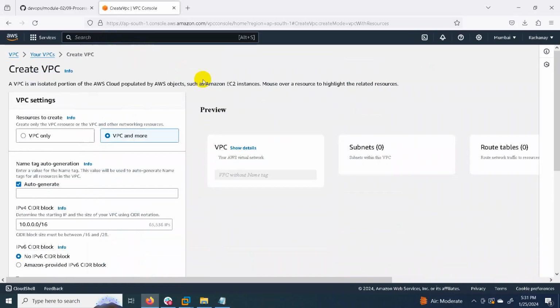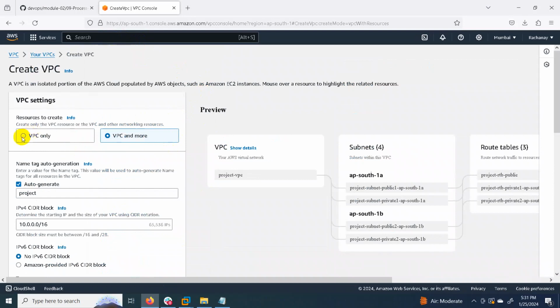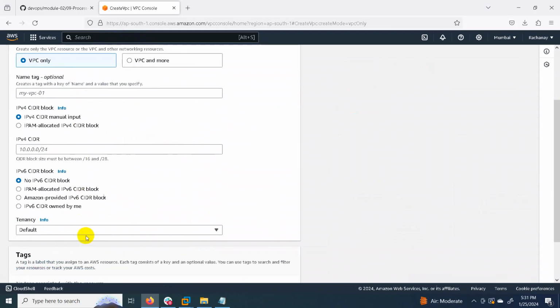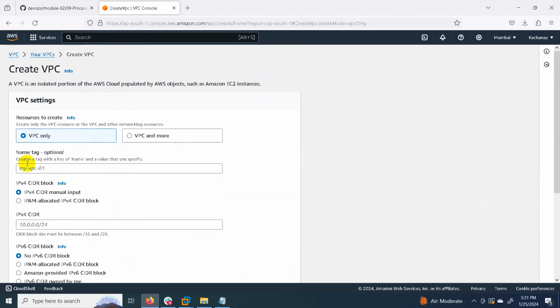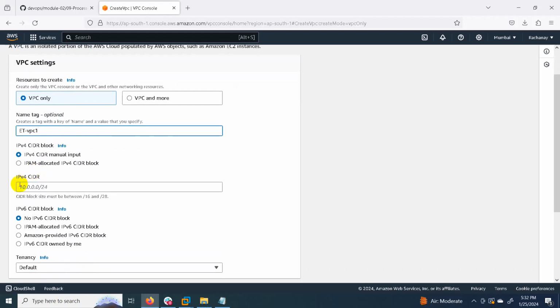So first of all, create a VPC. Here we are providing the network as 10.0.0.0/16.